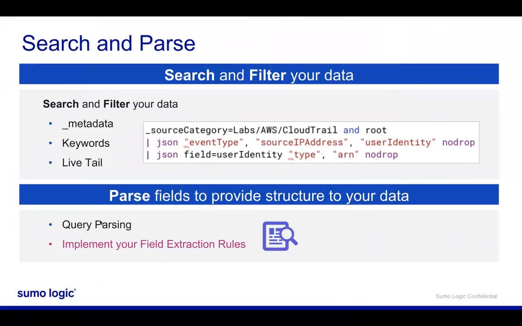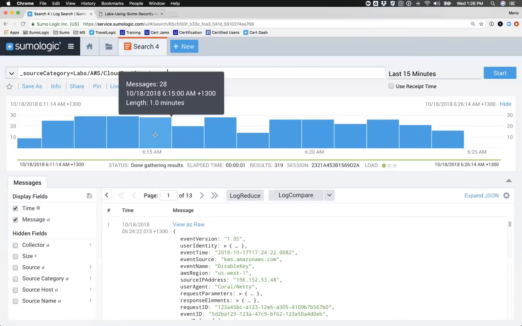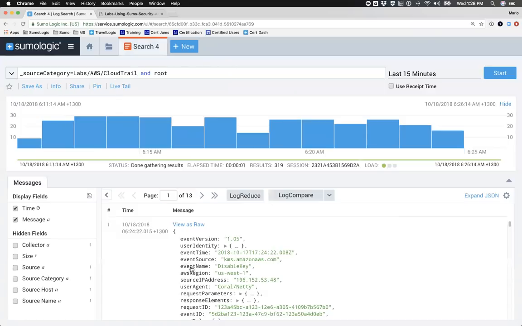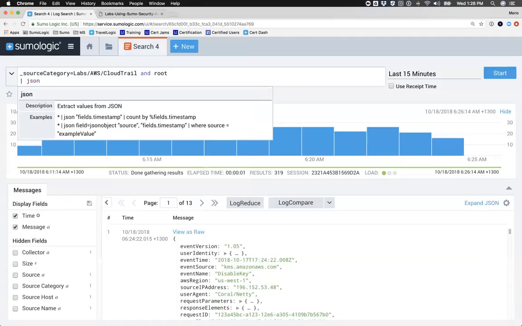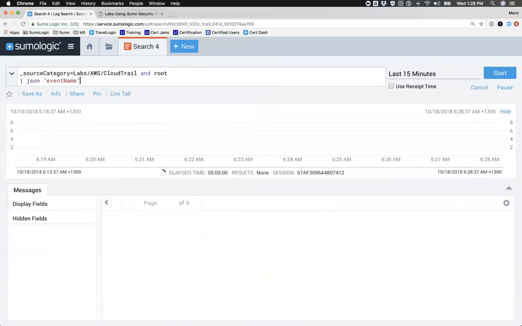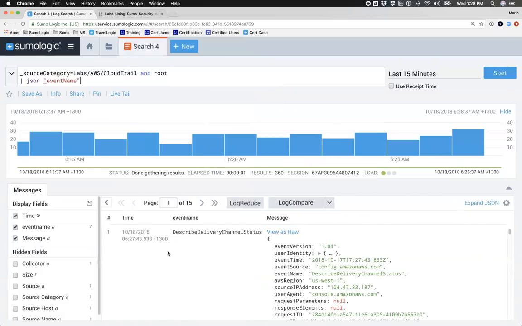Also a review is the fact that you want to start parsing your data, right? And by parsing your data, I mean, for example, let's say that I would want to parse the event name over here. So in this case, my data happens to be JSON formatted. So what I'm going to do is use the JSON operator, and I can specify what I want to parse. So in this case, I'm going to parse event name. And by doing that, what happens is that field called event name gets parsed out of the message. And now I can do things like